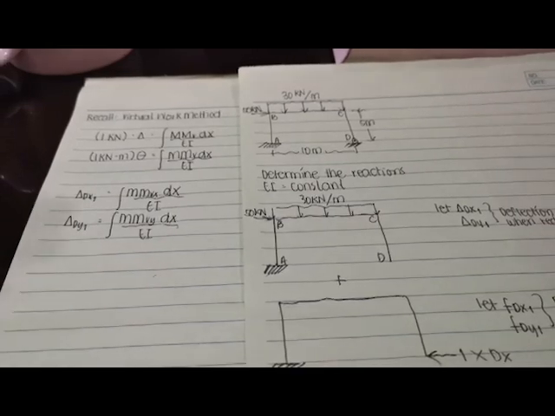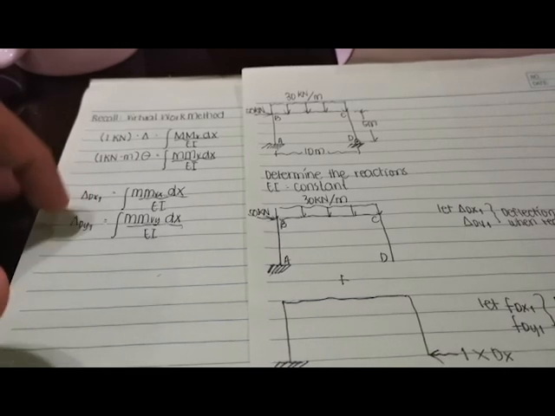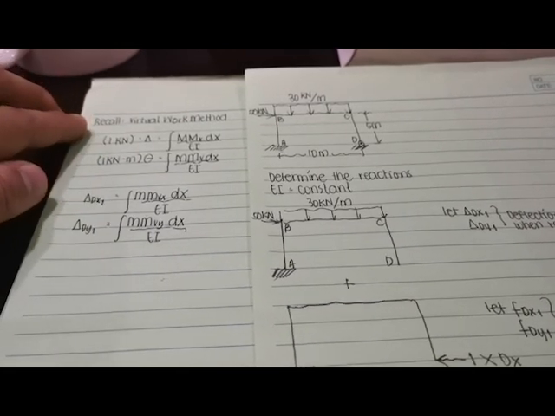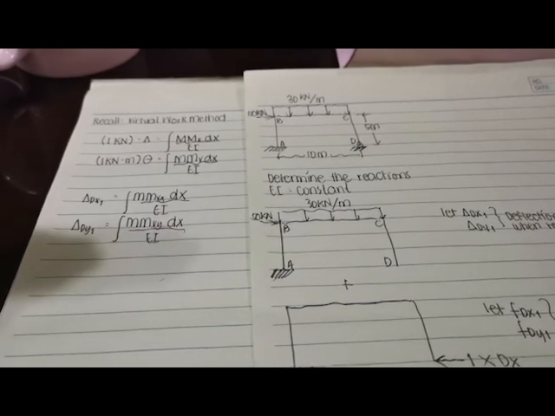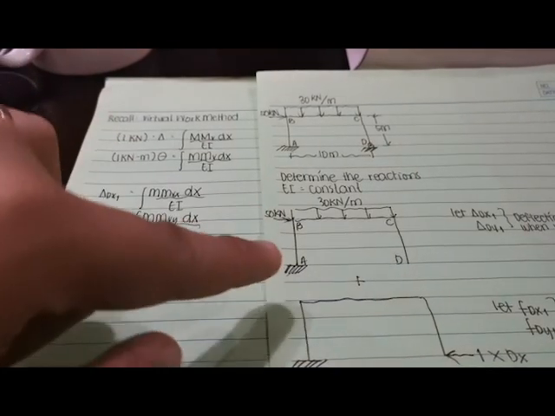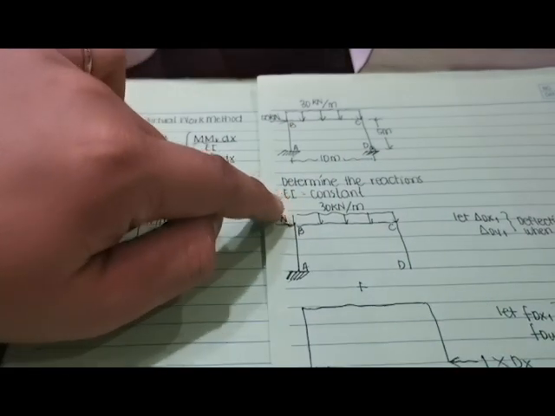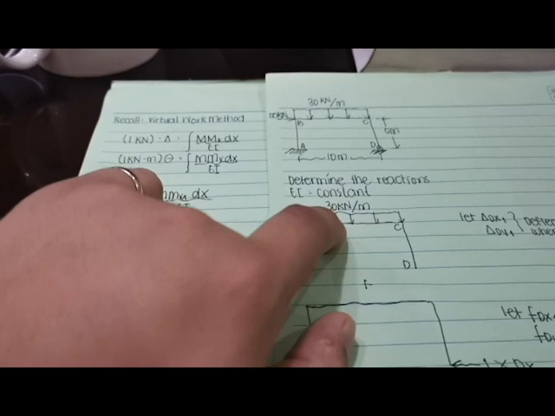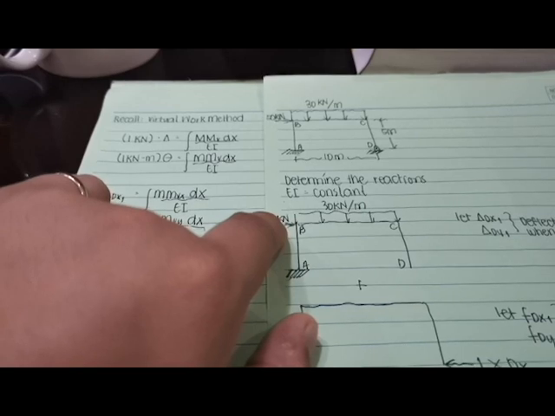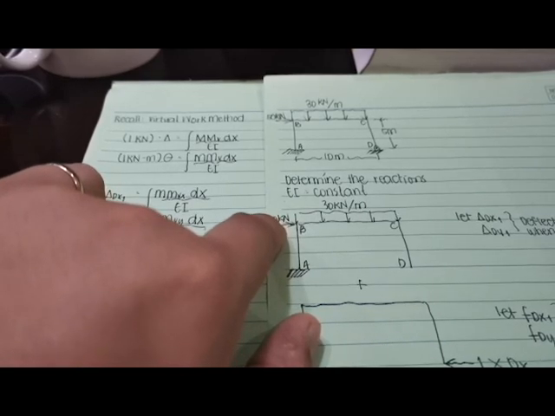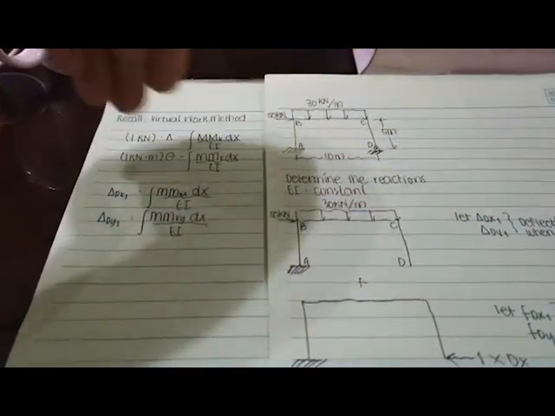So let's determine your delta dx1 and delta dy1 first. If you can recall the virtual work method, what we are going to do is to make a virtual frame. So this is considered to be a real frame, acted upon by the original loads, the 30 kilonewton uniformly distributed load and the 50 kilonewton concentrated load at point B. So what are we going to do in order to form a virtual frame? We remove these loads and apply